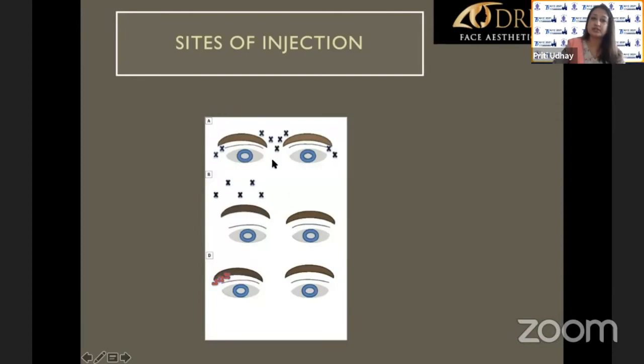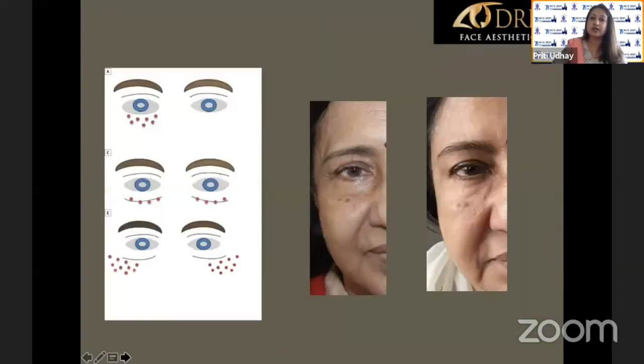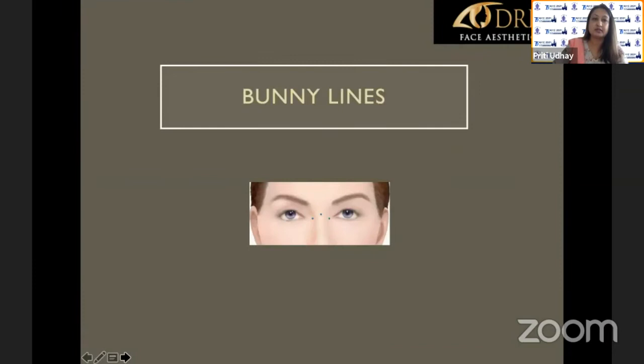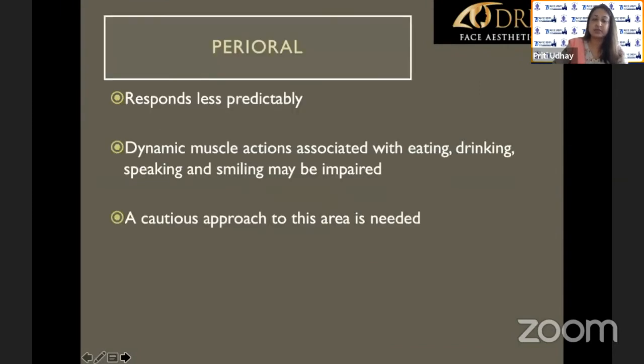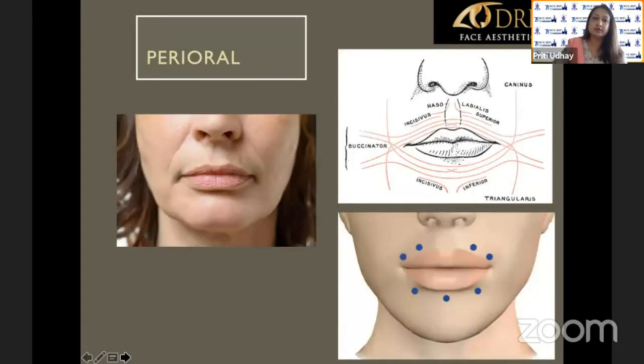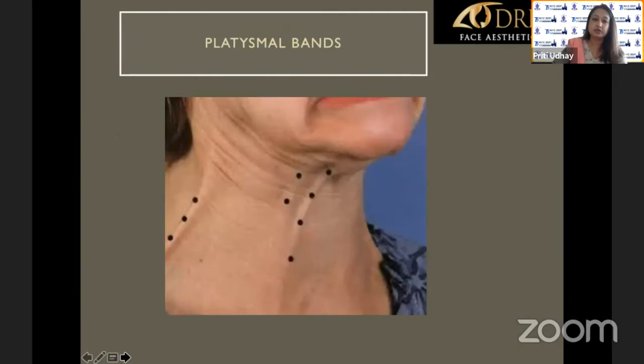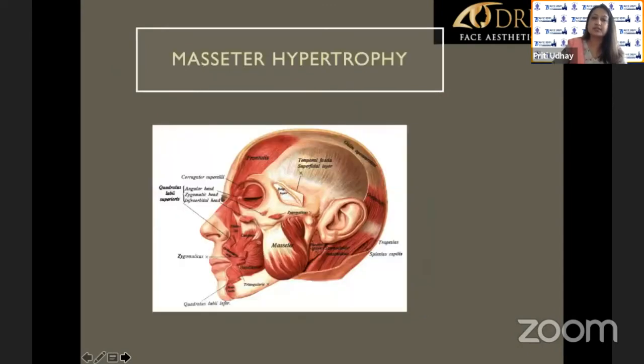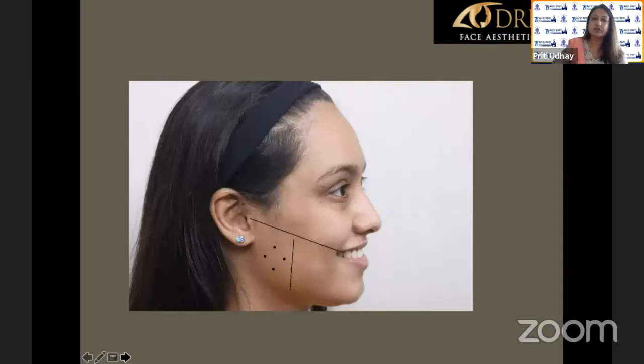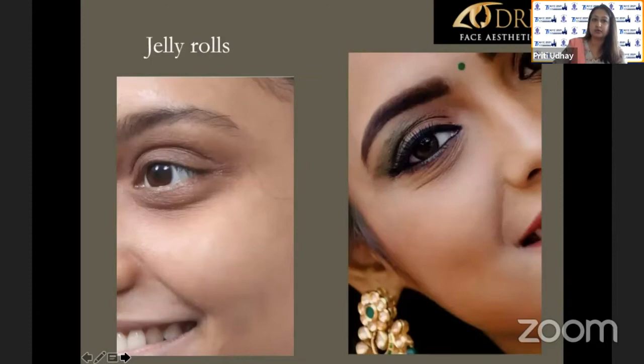The points are the same as the glabellar lines. You also give some injection in the lateral orbicularis to elevate the brow. I like to combine that with the filler so that you have even fullness in the filler, and that is a desired appearance. In the lower face, I prefer fillers compared to Botox, but the commonest indication I use Botox for is platysmal bands as well as for masseter hypertrophy, so that your square appearing face becomes a more oval face.